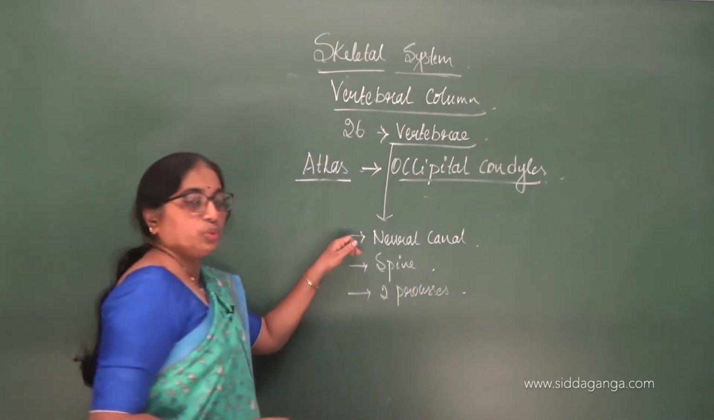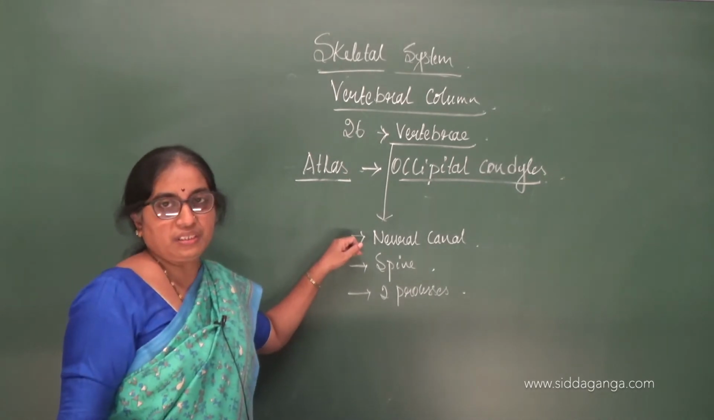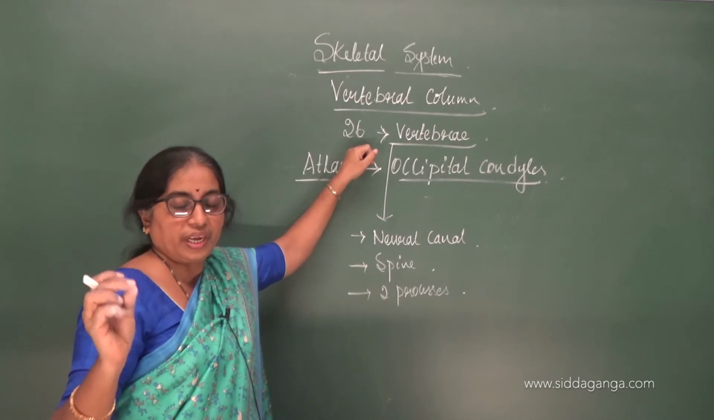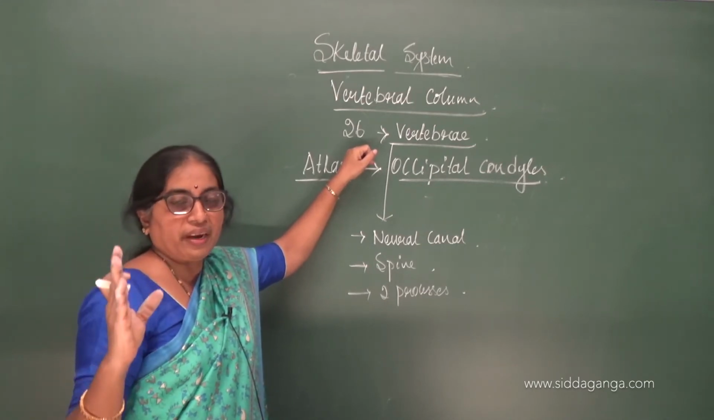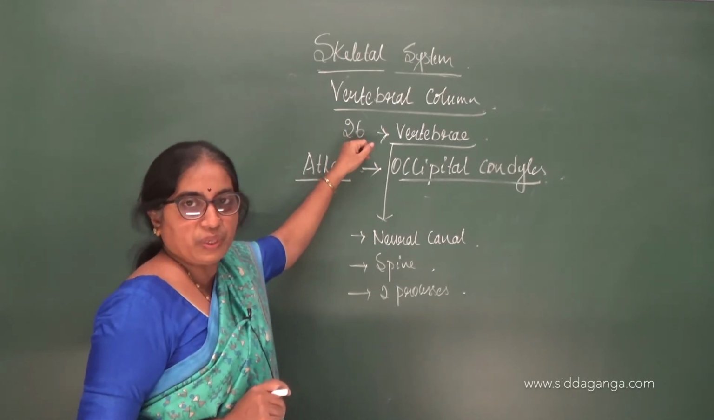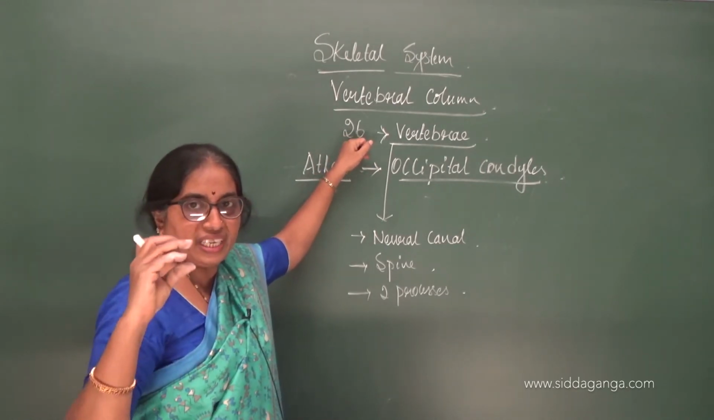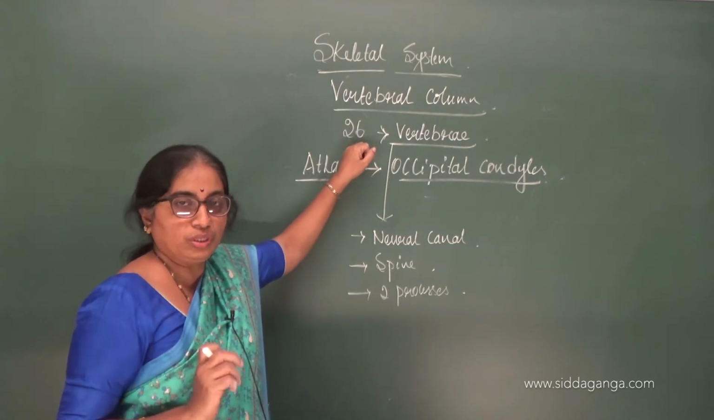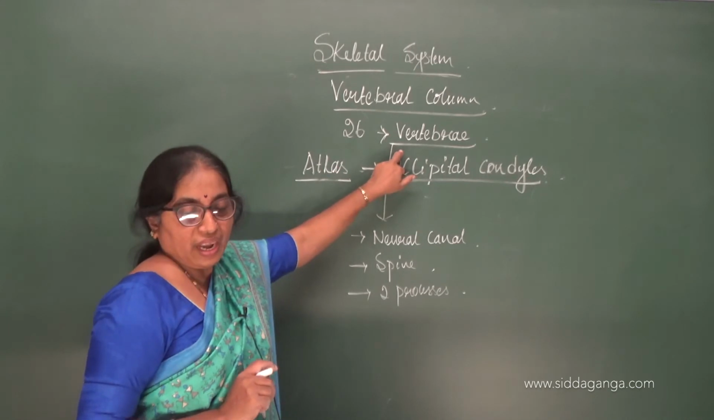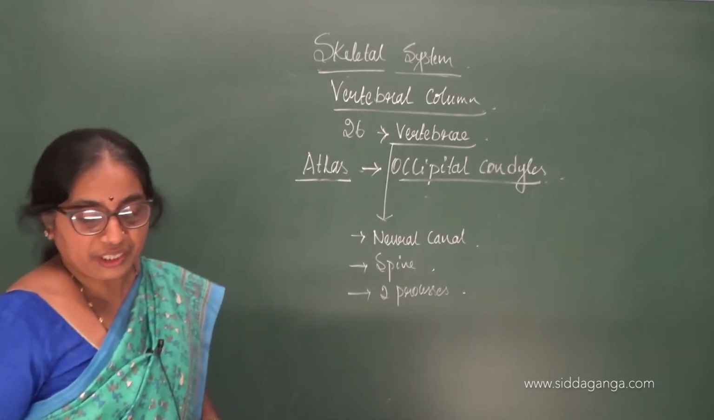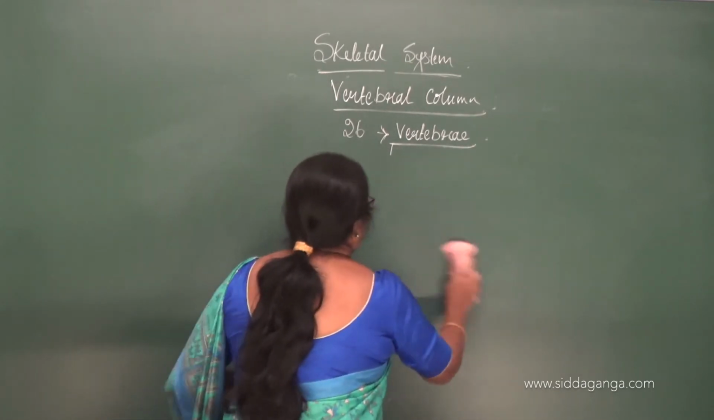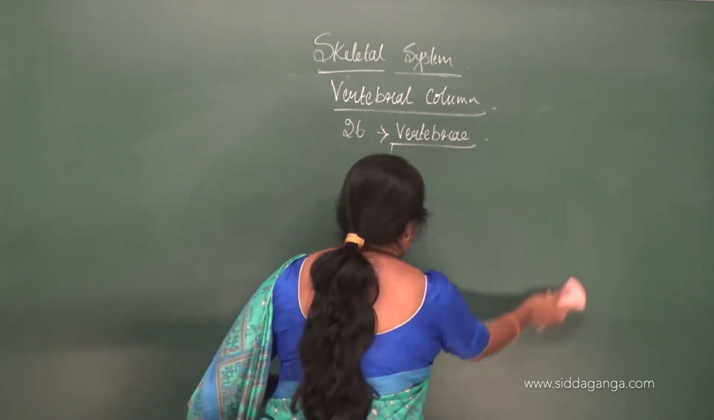So through this neural canal passes the spinal cord. This vertebral column gives great protection to the spinal cord. The spinal cord is highly protected by this vertebral column, and this vertebral column consists of 26 small pieces of bones on our back. Each of it is called a vertebra, and these vertebrae have been divided into different types. So these 26 bones of the vertebral column are divided into